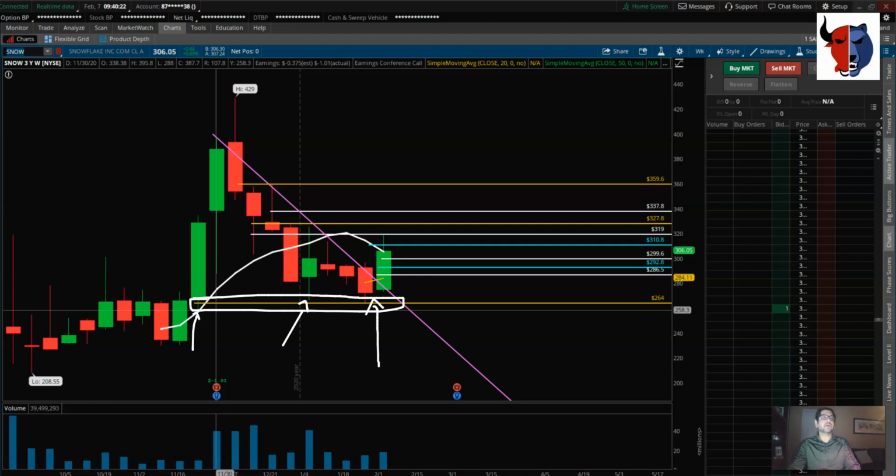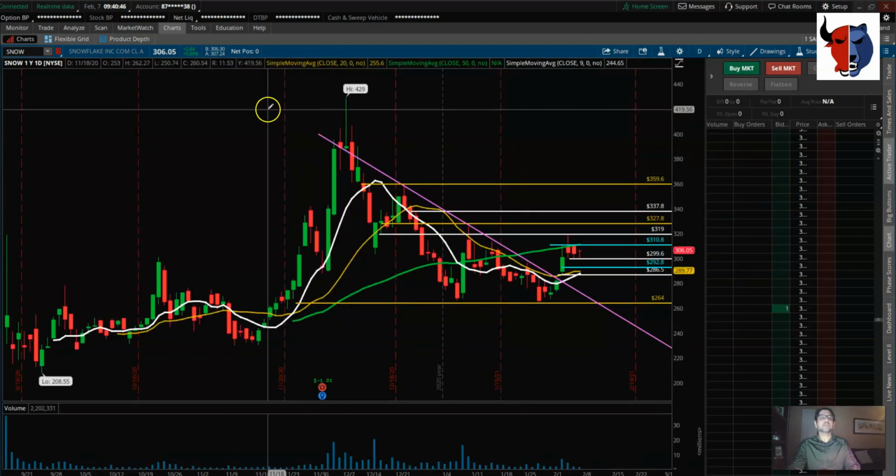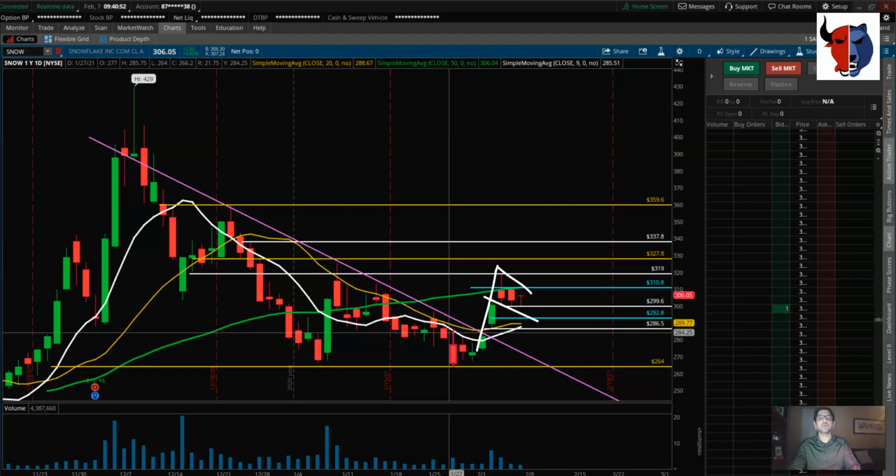I like this setup because, number one, it broke this downtrend line, which is nicely visible in the daily time frame. So you can see it broke this downtrend line. It consolidated here below the trend line, and then eventually it broke out of that nicely this past week and did not see much follow through to the upside, but it is making this sort of flaggish pattern, right? So look for a close above 310 in the daily time frame, and then we can target 327